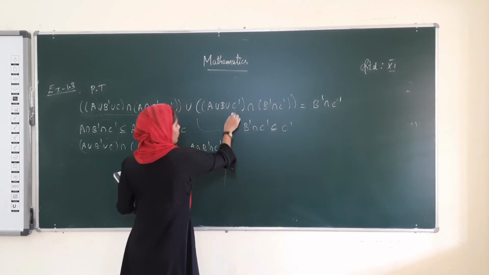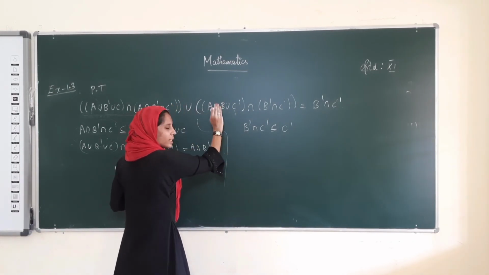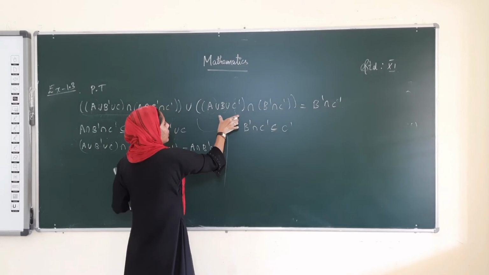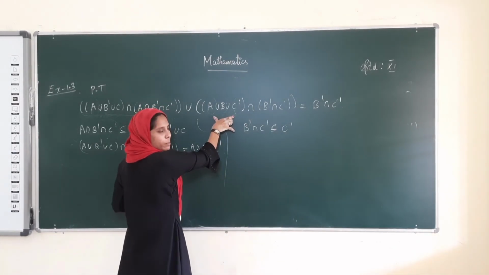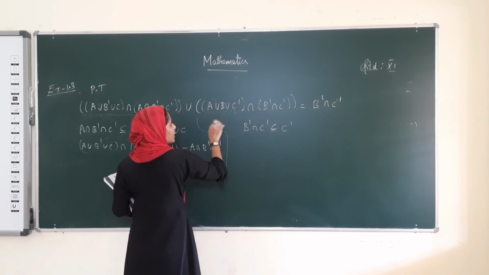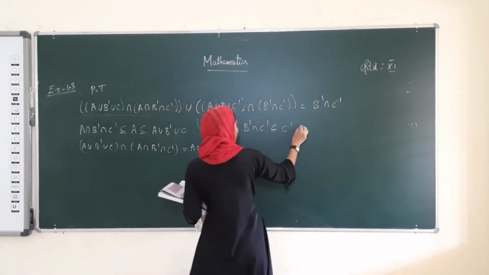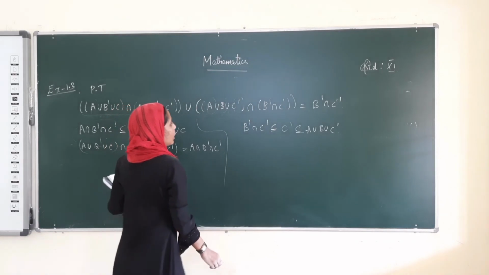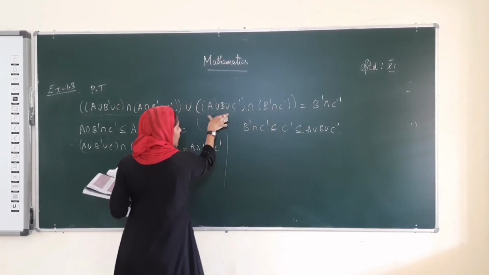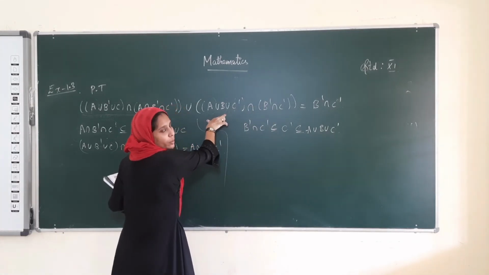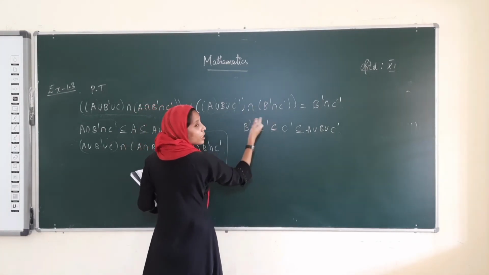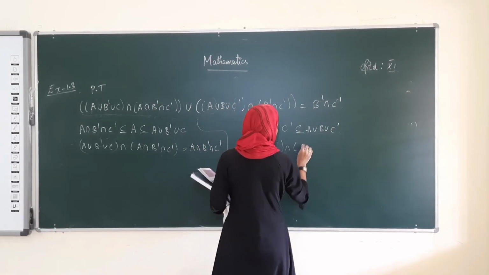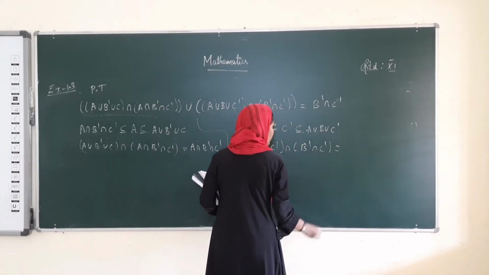Okay, see here, in the first term what have they given? A union B union C dash. That is, the elements of this, together with the elements of this, together with the elements of this, make the whole set. So what happens? This C dash is inside this whole set. Right? This C dash will be a subset of A union B union C dash. We can say that. Therefore what has come? This term is inside this, this term is inside this. As we saw here, it is the same. So when we take the intersection, what remaining term will come? Only this term will come. That is, A union B union C dash intersection B dash intersection C dash will be equal to B dash intersection C dash.